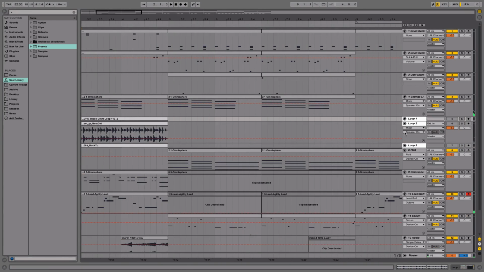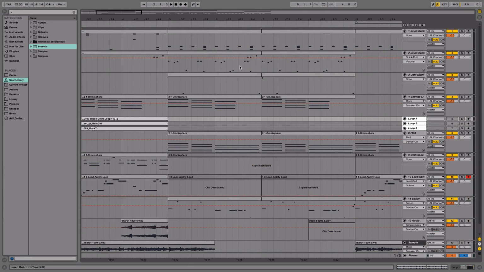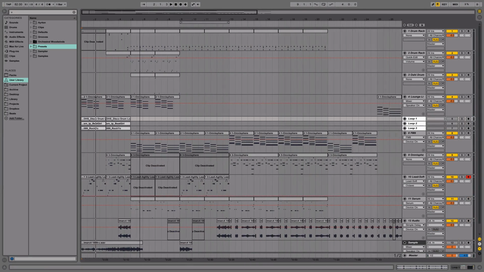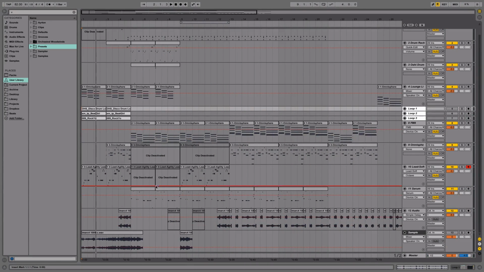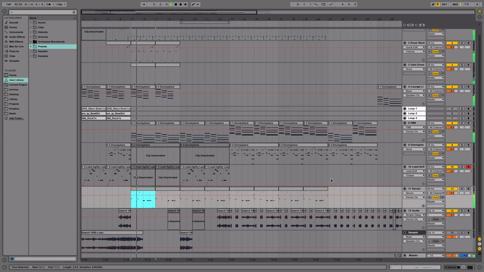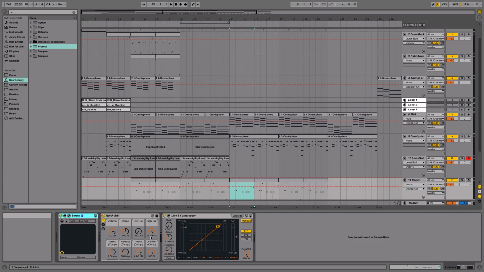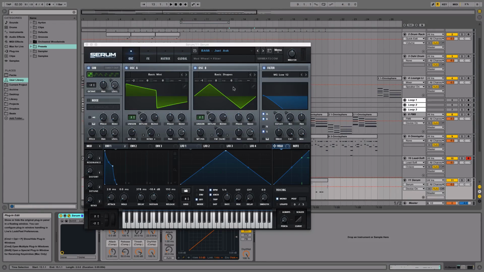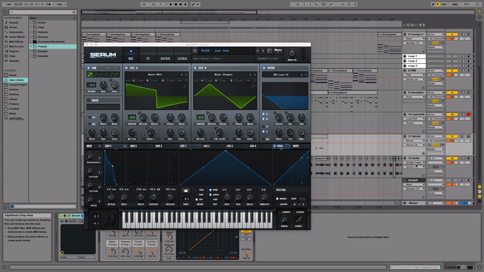So that's just what those are doing. But what I wanted to do is do something with the bass as well, because when you listen to it, it's all simple and stuff, but at this second part I want it to be a little bit more complicated and a little bit more aggressive. So as of now, the bass is gonna be like a plucky sound, but what I wanted to do is extend it